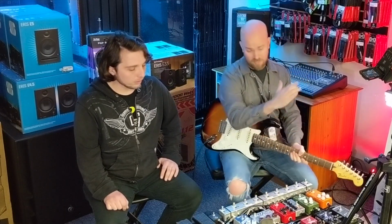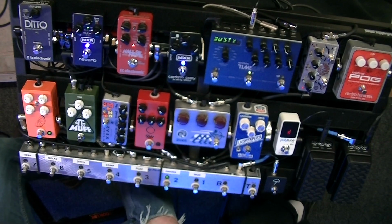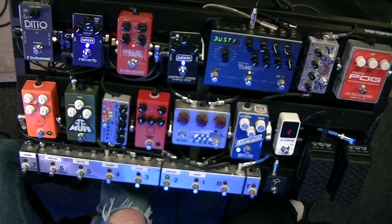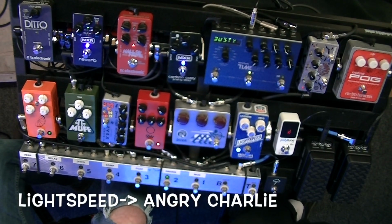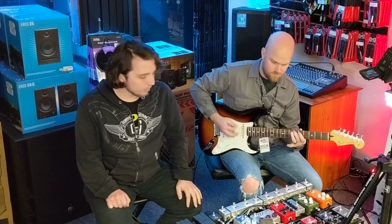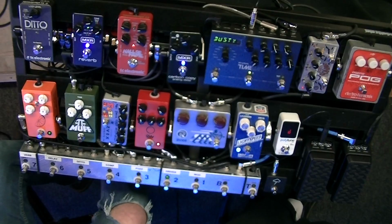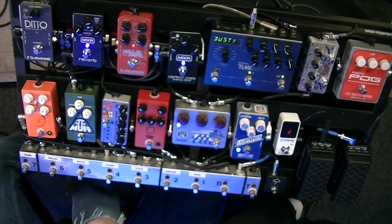And even that, I don't have a lot of gain on it. I mean, my drive is at 10, 11 o'clock on the pedal, so there's a lot more to go. But that's because I start cascading. So let's start with the Greer. And then the other thing I like to do is show them the difference with the